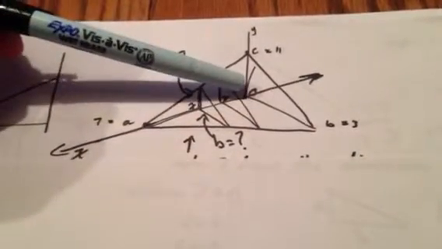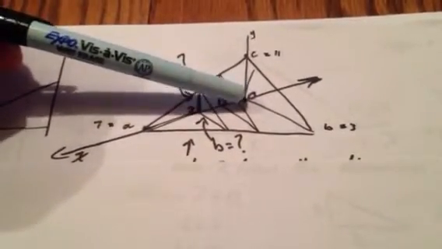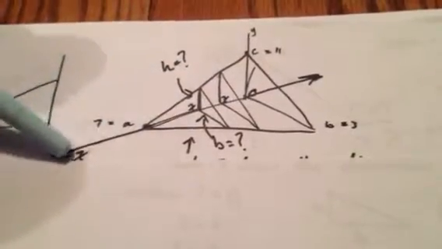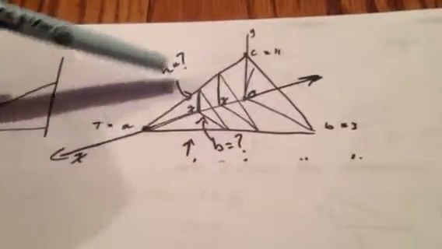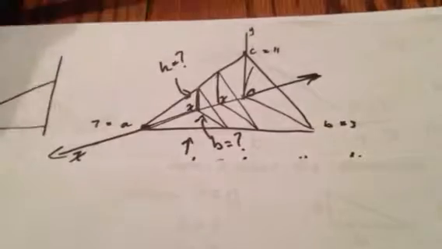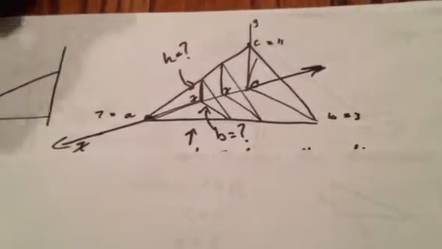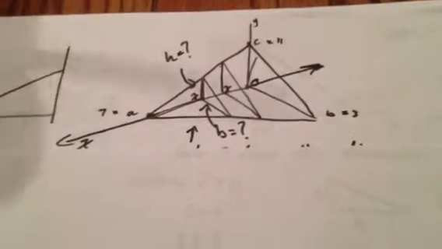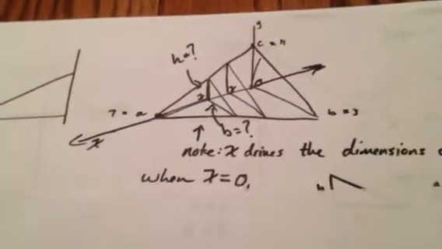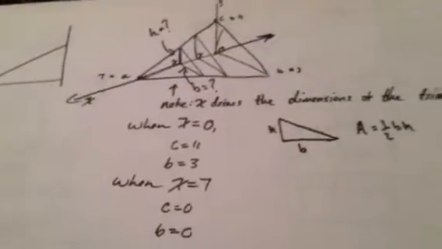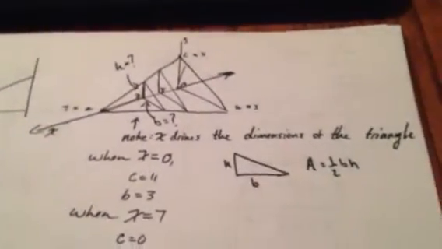See, this is the 0 of the x-axis, is the origin. And here's the positive direction of the x-axis. And whenever you're doing these problems, there's some later problems that won't give you pictures, and so you'll need to figure out how to orient yourself so it's real convenient and easy to integrate these. Well, relatively easy. So, what we need to know is that, look at this, x drives the dimensions of this